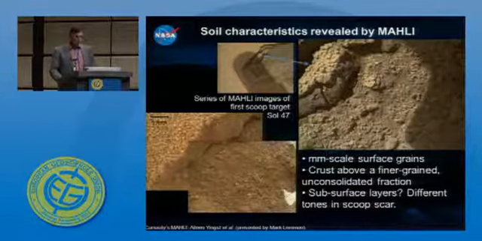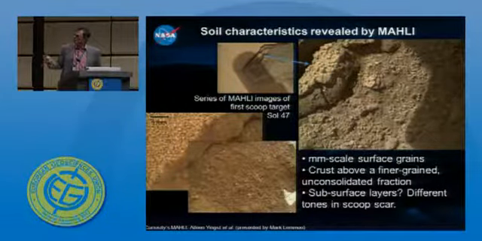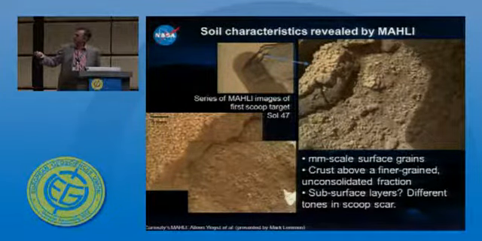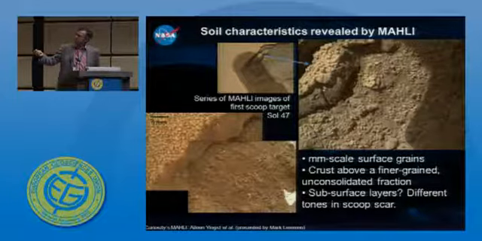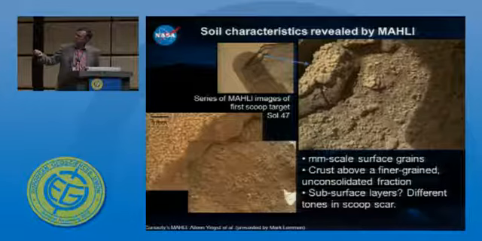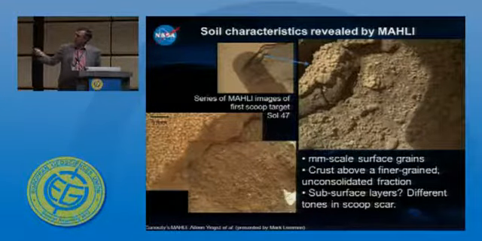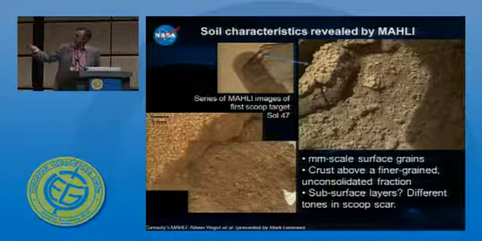So we looked at the soil characteristics in a broad sense, and you can see here an investigation into the wheel track itself, into the trenching itself. So the first scoop went into the rock nest sand shadow here. There's part of our shadow overlying the image. And then you see the features within that scoop, including this little collapse feature and the material